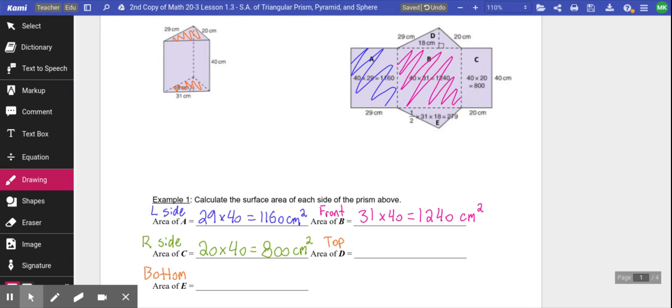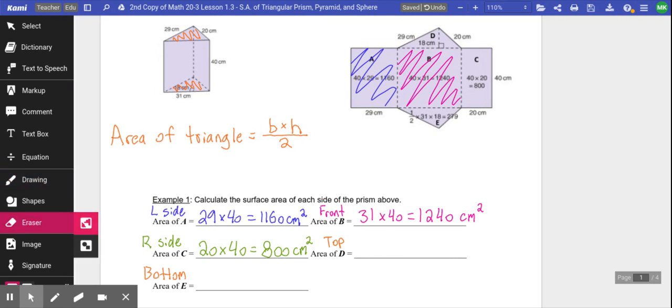A reminder, when you go to calculate the area of a triangle, the area of a triangle, yeah, you got it, is base times height divided by 2. On day 1, we did some of those triangles, right? That's a long time ago for some of you guys. That's like over a week ago. So the base and the height usually connects to a point of some sort, and the base goes across the bottom somewhere. If we're looking at our triangles,